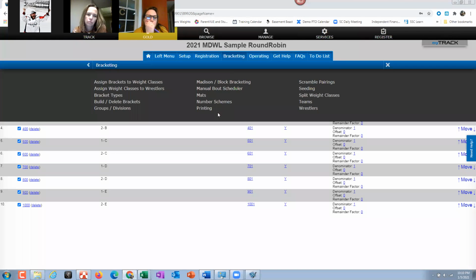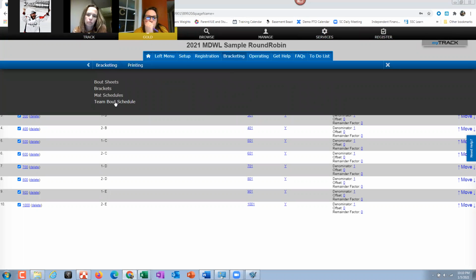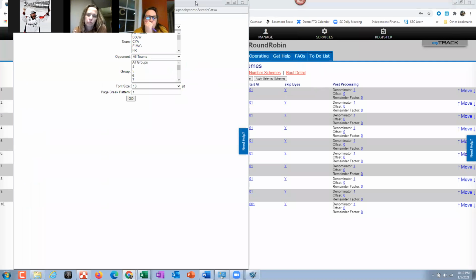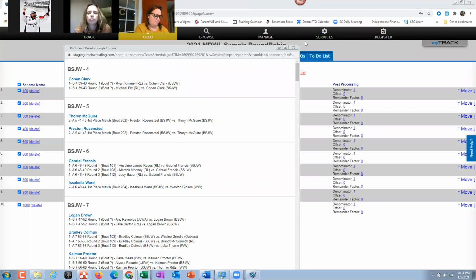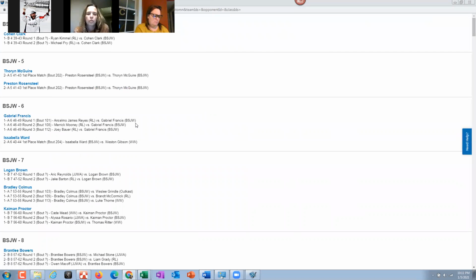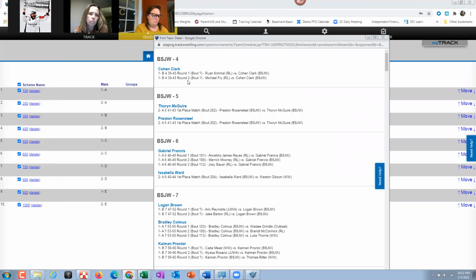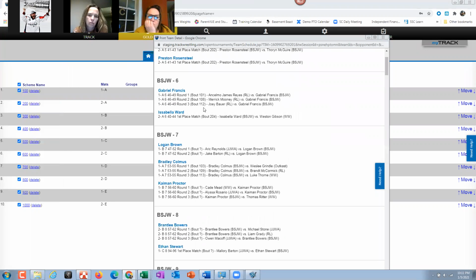And then when you go to bracketing, printing, team bout schedule. So this is the normal one that we always print for everyone. We actually, I don't know if a lot of people paid attention to the prints because they were right there. But what you'll see here is that some have bout numbers because I only did a couple of the schemes, the 1A and 2A.